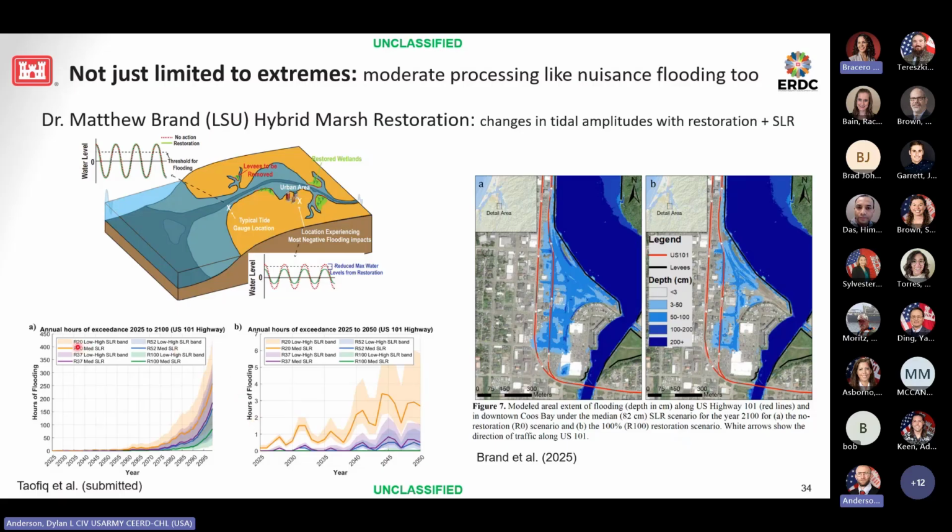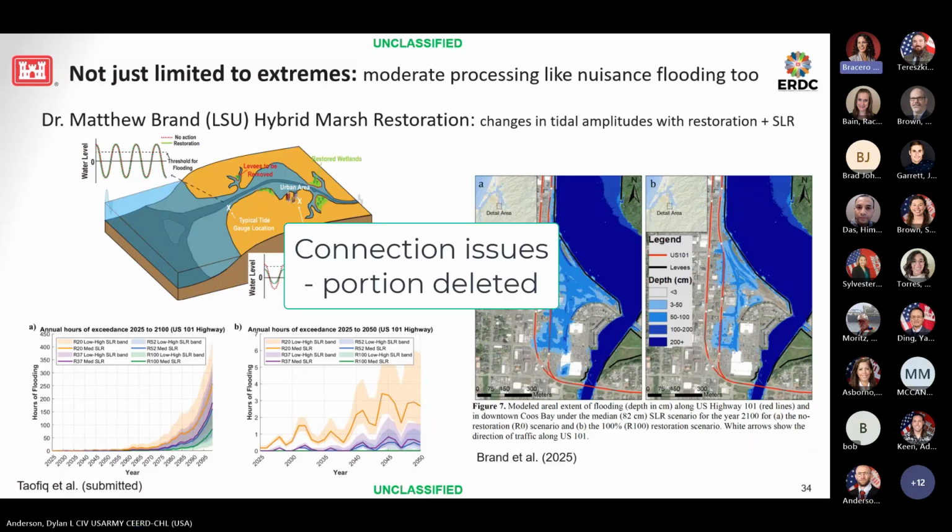Dependent, in this case, I know there's a bunch of things going on in these figures, but each one of these is a different restoration example. So a different approach to how you would restore that wetland. And now over on the right-hand side, we can directly translate how the